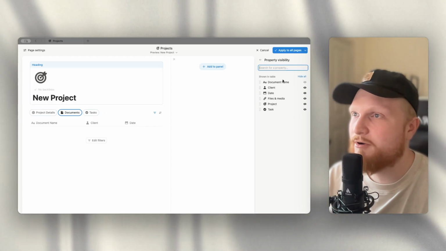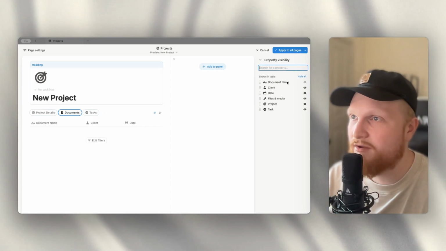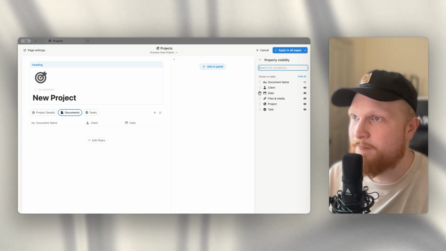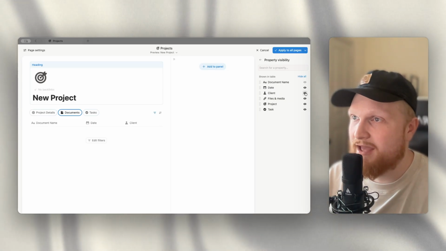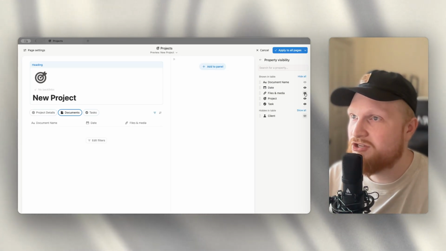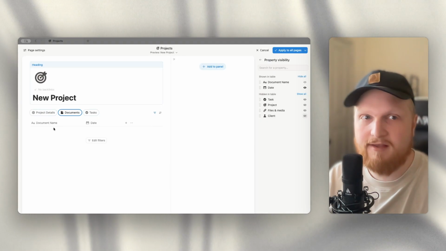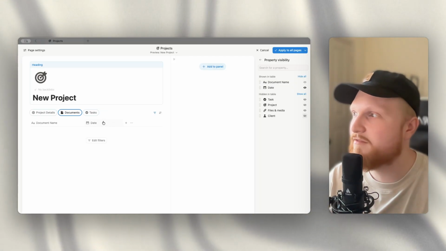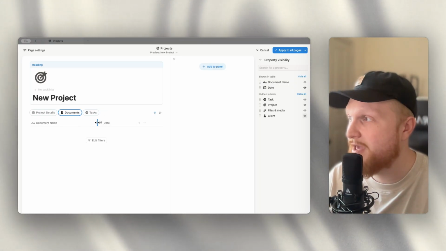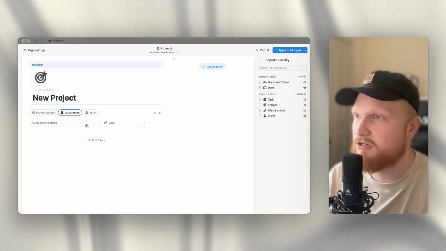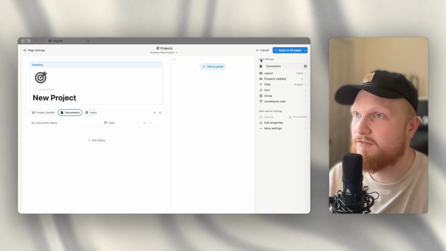And so under property visibility inside of documents, all I want to see is the document name and the date that it was added, and then I'm going to turn off all of the other properties because I'm going to be able to click on the document and pull it up. And so really all I need to see is this, and I'm going to make the document name field larger because we might have a long document name and I don't want it to take up all of this info. So if I go back,